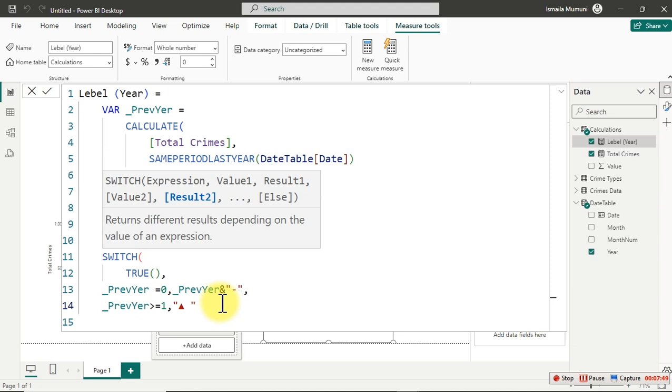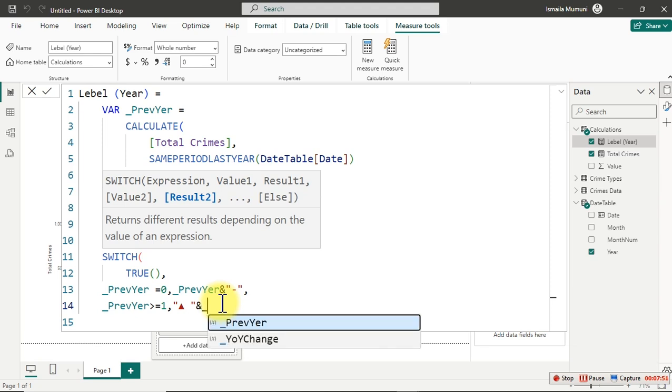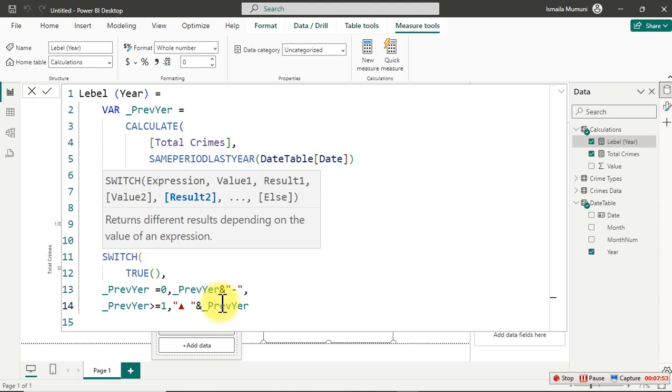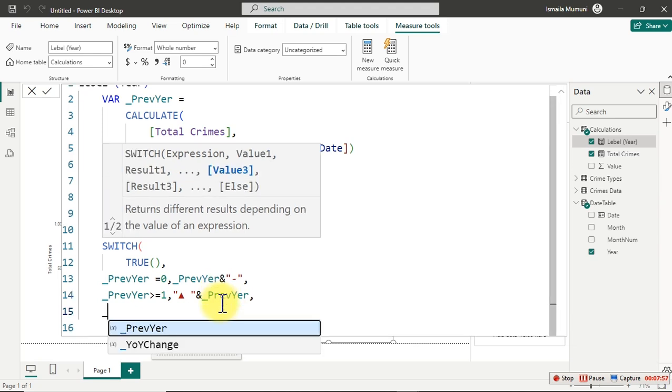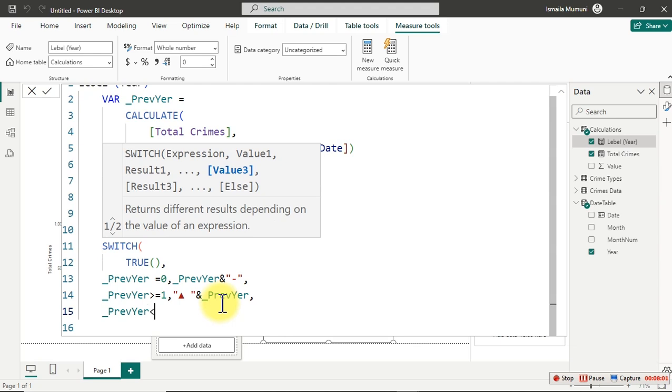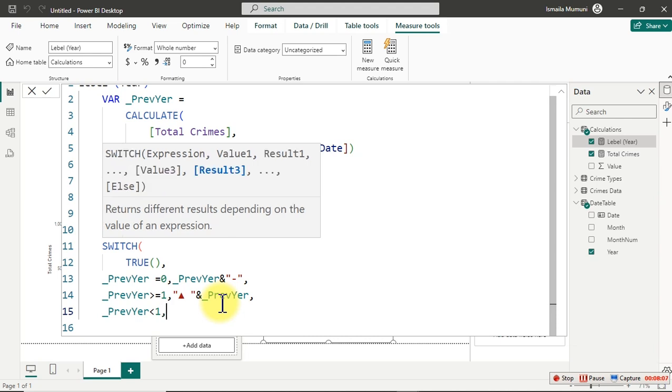Then we concatenate and bring in the value for the previous year. So here is our previous year value. So comma, Shift Enter. Underscore previous year here is actually now less than 1. So if this is less than 1, which means it's going to be minus, right? So what we're going to do, we have to say, okay, if that is the case, we want to get